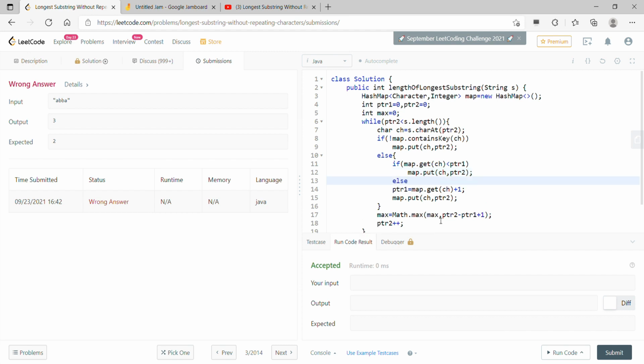Else what we need to do is update pointer 2 by the map value plus 1, and I think this is the common case, so I could have done that. So I could have written like this,